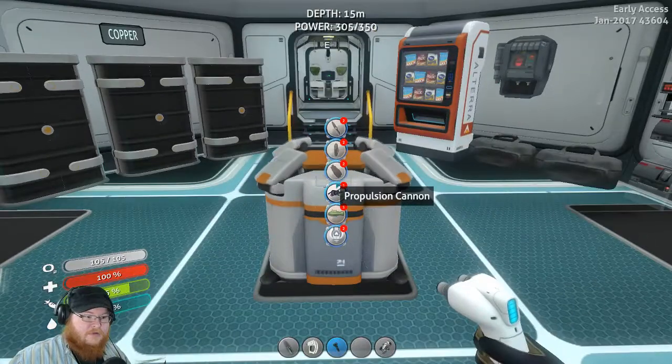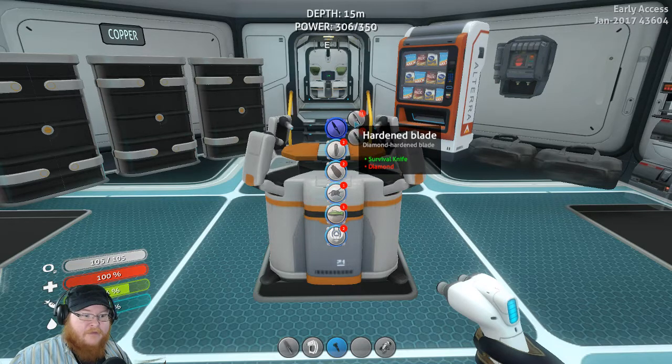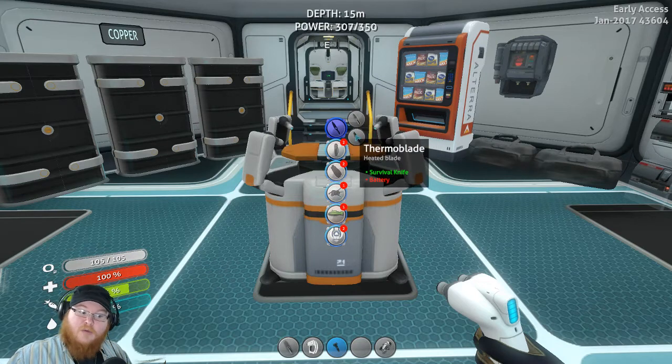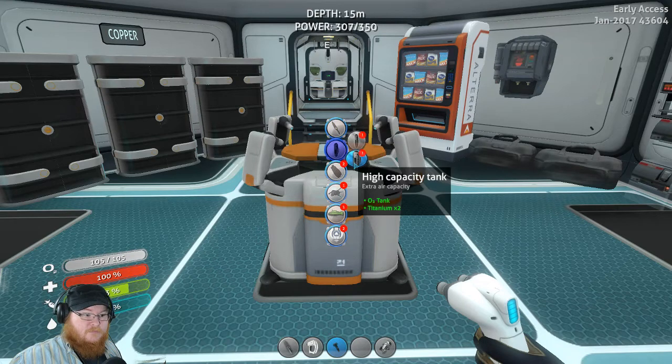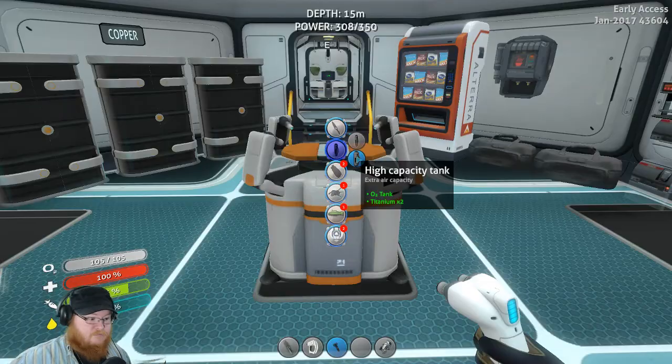And voila. We have opened a new realm of things that we can upgrade. We can upgrade our knife, turn it into a hardened blade. We can turn it into a thermo blade, which, doing some testing, when you slice fish and stuff, if you hit them, they automatically become cooked. The one thing that I'm excited about is the high capacity air tanks. It's going to allow us to take the...